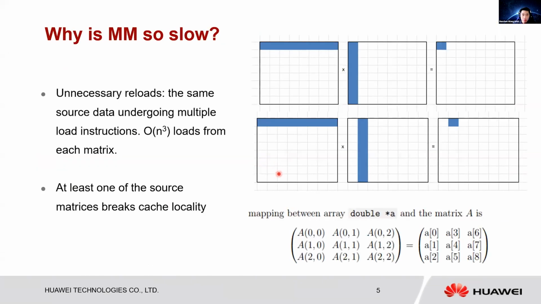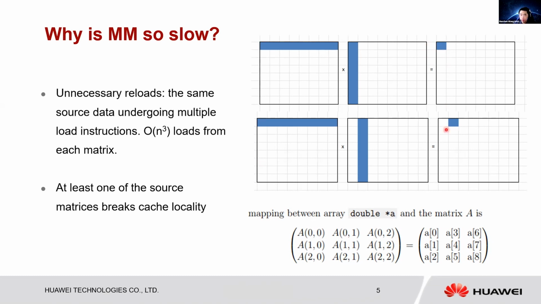So why is matrix multiplication so slow? Over here, we have the usual procedure for doing a matrix multiplication. The 0th entry is the inner product between the 0th row of the first matrix and the 0th column of the second matrix. And then how do you do that? You load that row, you load that column, and you take an inner product and you write that, or rather you add it to